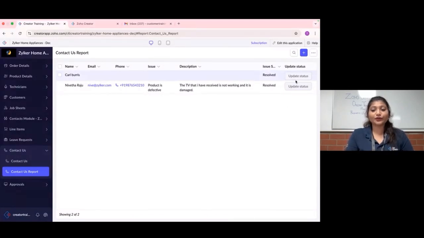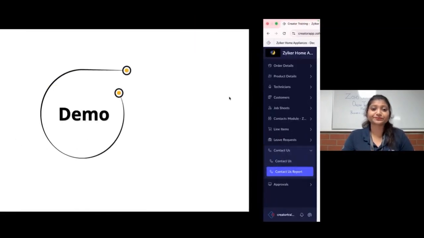All you have to do is create a report workflow and create it as a button, and by clicking on that particular button you can even perform any automation in the back end, or you can even update the status like how we did now, right? So this is basically how you will create a report workflow in your application.